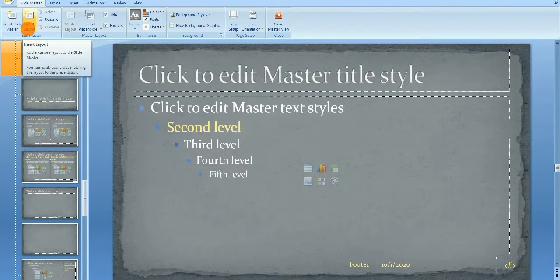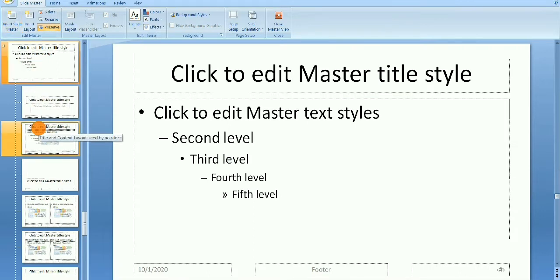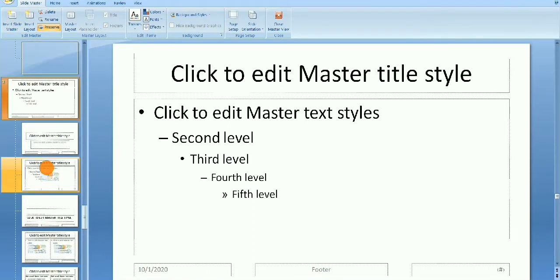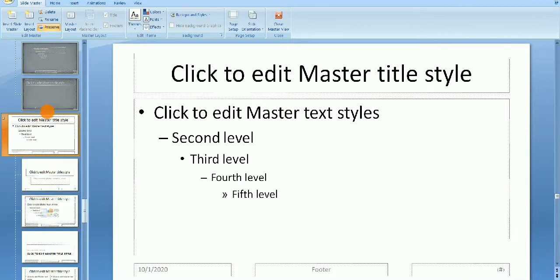Insert Layout. In Slide Master view, the blank layout will be in the list of thumbnail layouts present in the slide pane. If you want to insert a slide master, you can insert it from here. For customizing the layout, we have to click on Insert Slide Master. In this you can see different types of things. From here you can customize your slide layout according to your choice.